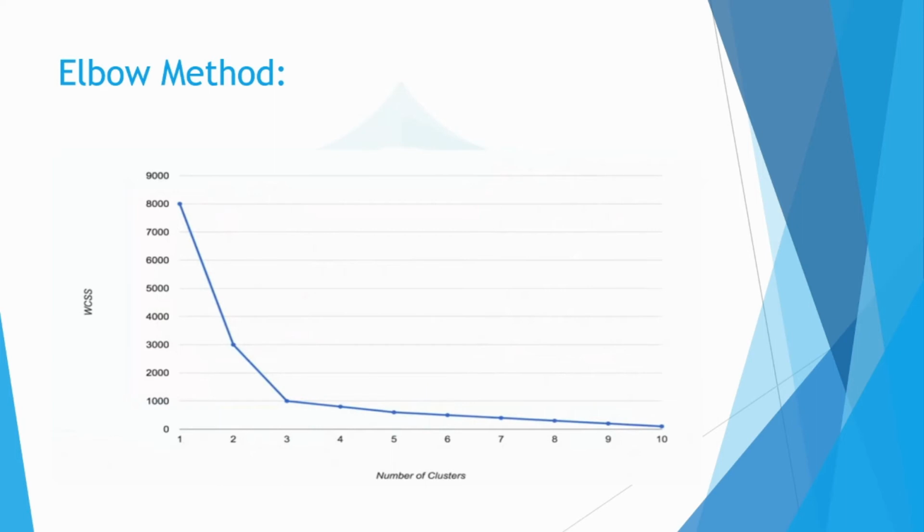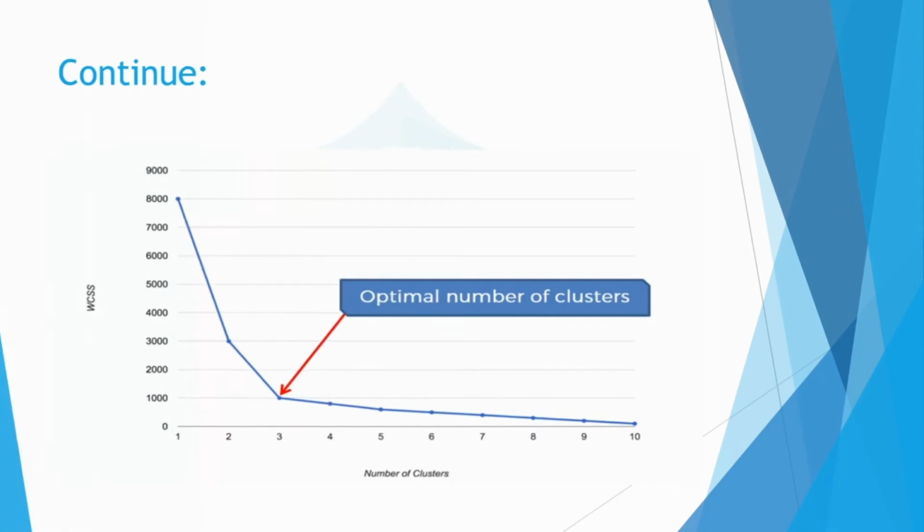So we can see here that the number of clusters equal to 3 will be our optimal choice, and you can also see that this plot looks just like an elbow. So you have to choose the point where the elbow bends. In this image you can see that 3 is the optimal number of clusters. So this is all about the k-means algorithm, the theoretical and conceptual part.